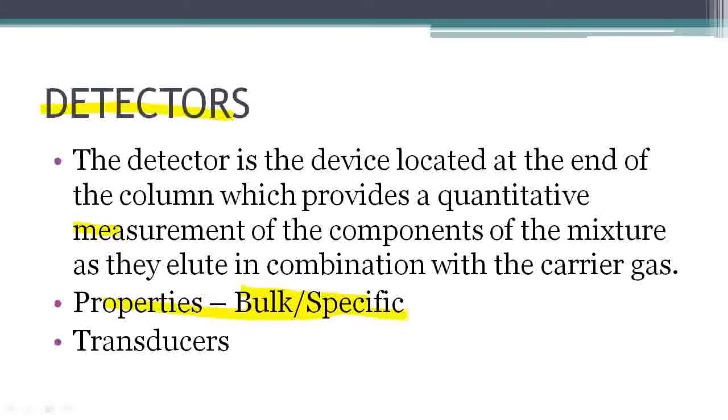So bulk properties can differ. Both of them can differ, so we detect that. For example, they might have different conductivities, resistance, something like that. So we detect the difference in the properties, and that's how we detect. And there are certain specific detectors that detect specific properties such as presence of electronegative atoms, certain chemical structures. These detectors have transducers. They convert one signal to another. For example, they might have an electronic signal and they convert it into a graphical form in which we can understand.